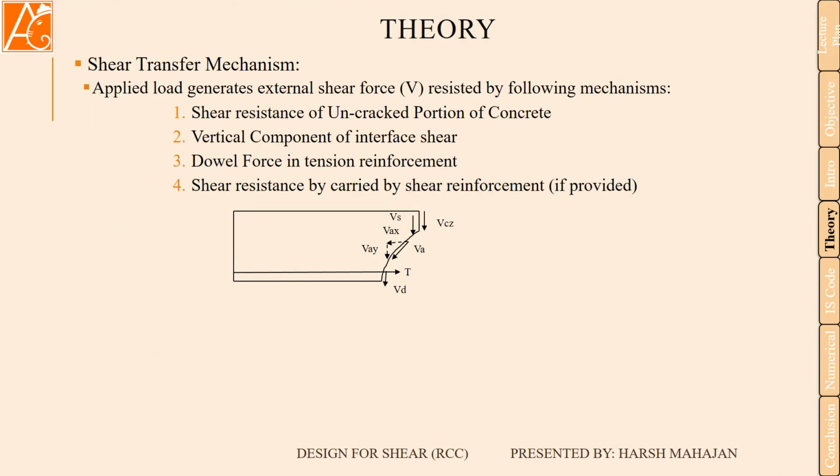So let us discuss some shear resistance mechanisms in the beam. So first resistance is from the uncracked portion of the concrete. First of all, whenever you load the beam of concrete, the tensile portion of the concrete is unused. We will not consider it because it has already cracked and all the loads are transferred to the reinforced concrete. So the uncracked portion's shear resistance is considered here.